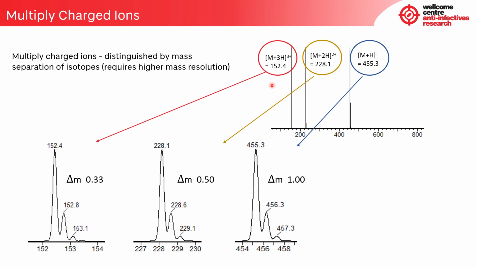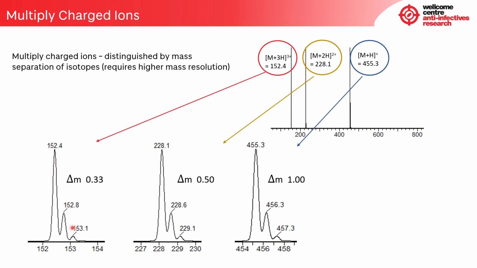Again, for the triply charged ion, we have a mass of 457. That is the molecular weight of verapamil at 454 plus 3 protons. Now with 3 charges we divide by 3 and it appears at a mass to charge of 152.4. Doing the same for the A plus 1, A plus 2 isotopes, if we zoom in on the molecular ion region of the triply charged ion, we can see now that the separation between the isotopes is down to 0.33